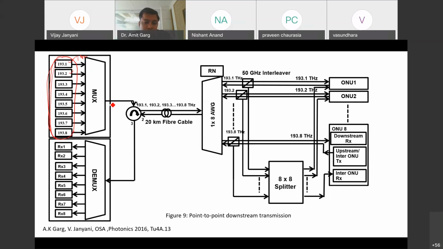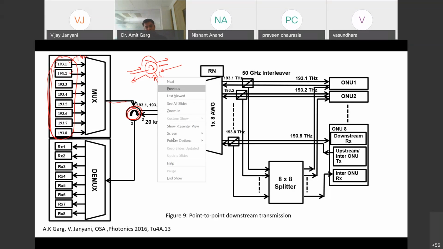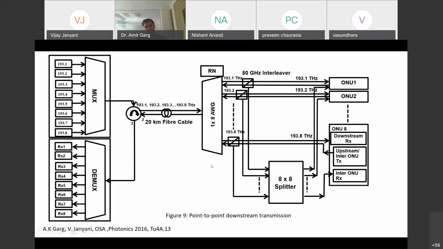Now here, there is a circulator placed here, and you know what is the function of a circulator. If it has 3 ports like this, any signal input here goes here, any signal input from here goes here, and anything input from here goes in this direction. So that is the circulator. It doesn't allow any other path.